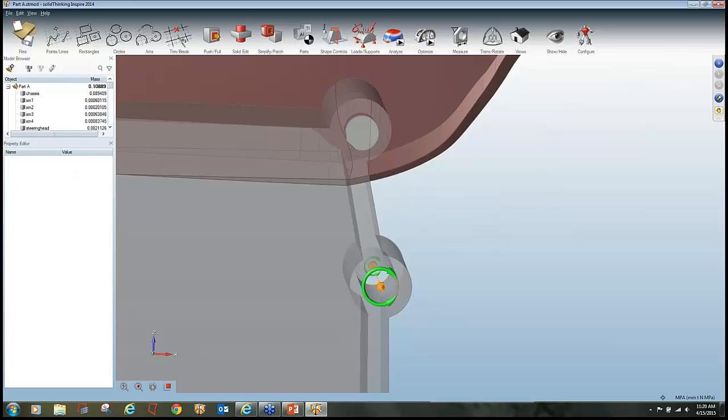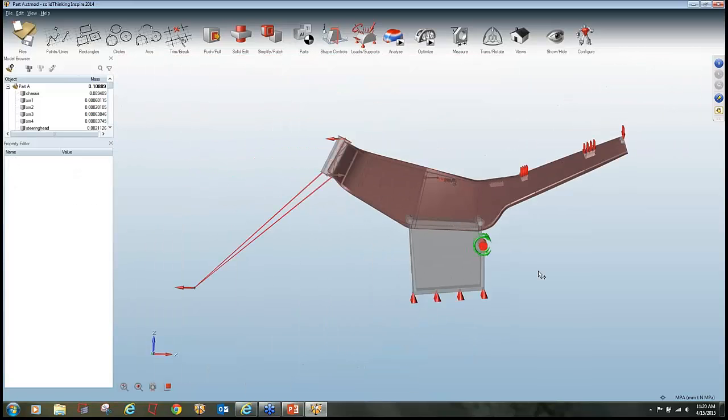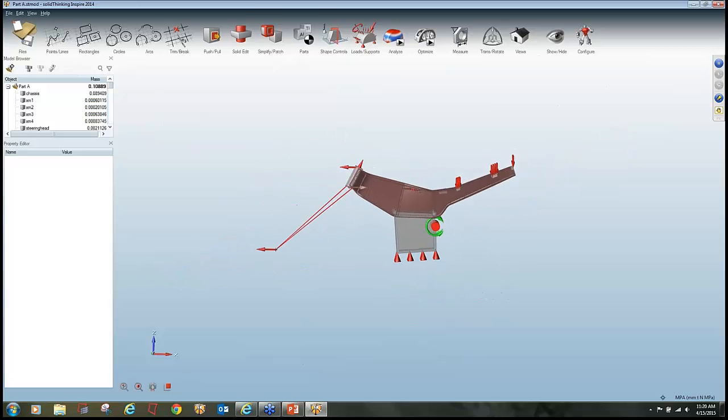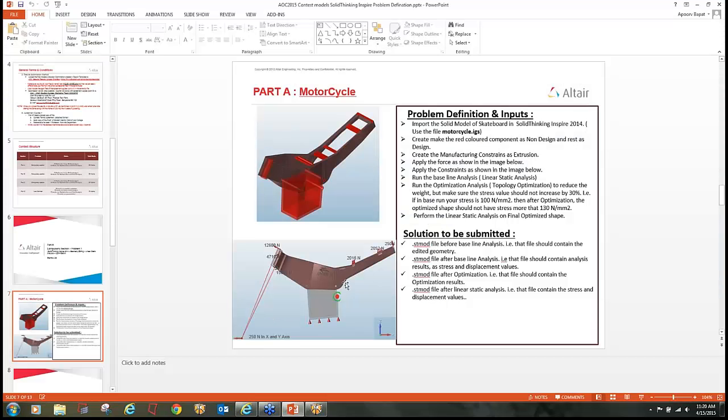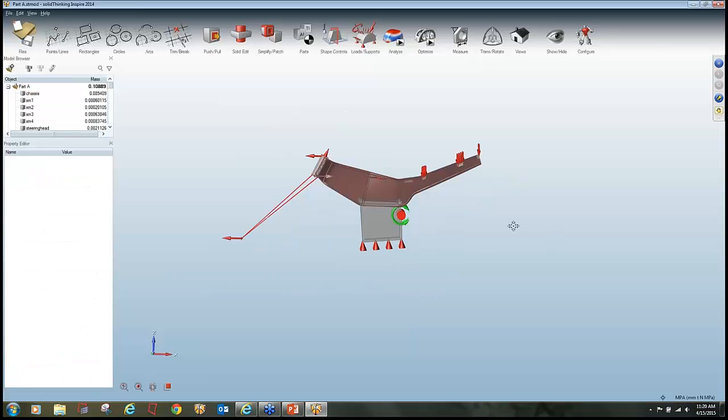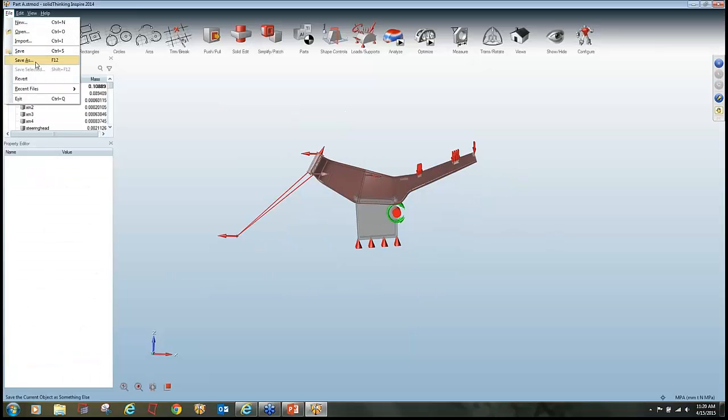Making this as free. So I have done with the force application. Now I will save this file